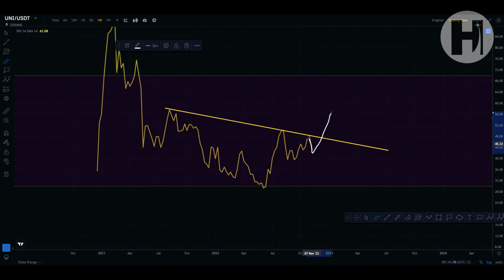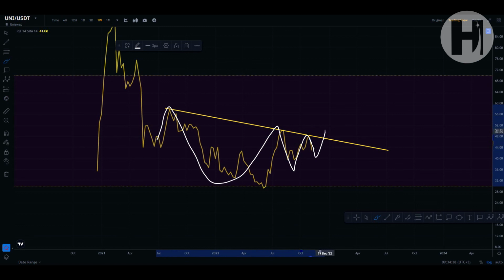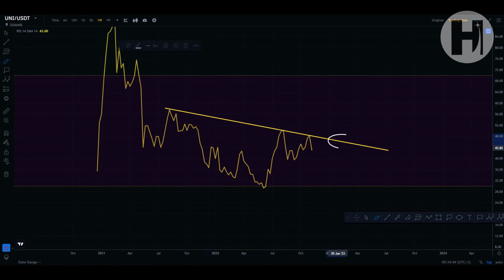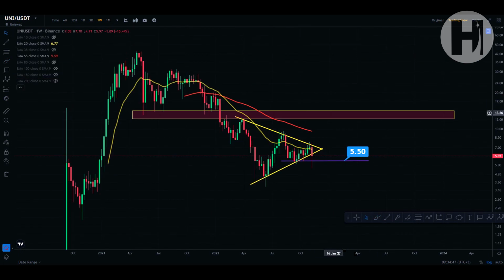Now, if you manage to miss this, then I would suggest you wait this out. Don't buy once it's pumping after we're breaking a major resistance level. I would say just wait for that backtest of support once we land back on the trend line, because that's what typically happens. Once you run into a resistance level multiple times, you come back up, you break, you backtest as support, and you continue on. So that backtest is going to be your important entry. And that's pretty much it for Uniswap here.